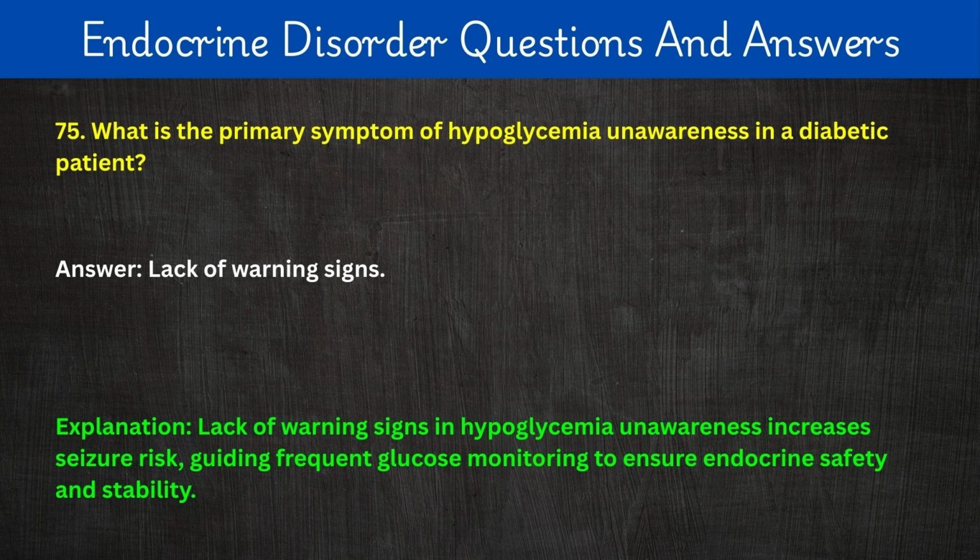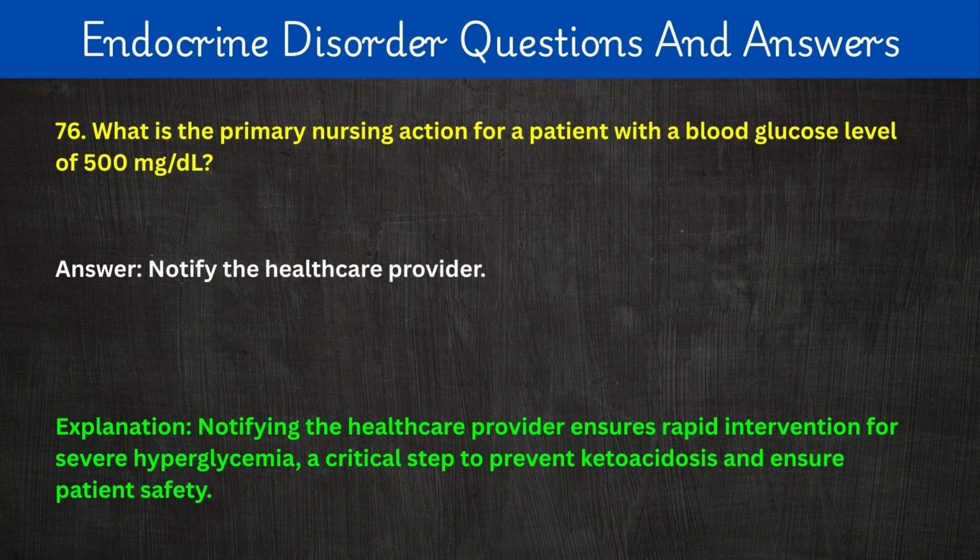Explanation: lack of warning signs in hypoglycemia unawareness increases seizure risk, guiding frequent glucose monitoring to ensure endocrine safety and stability. 76. What is the primary nursing action for a patient with a blood glucose level of 500 mg per deciliter? Answer: notify the healthcare provider. Explanation: notifying the healthcare provider ensures rapid intervention for severe hyperglycemia, a critical step to prevent ketoacidosis and ensure patient